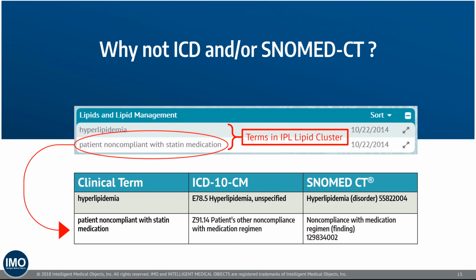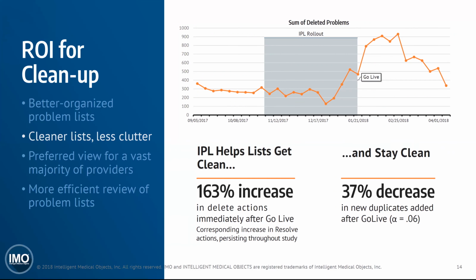So the first thing we did was we categorized the problems, and we've shown that to you. And what did we see? Before we introduced any tools to help people clean up the problem list, we really just introduced the categories. We saw a natural decrease of 163% in duplicates on the problem list. Duplicates that were set to either resolved or deleted because they were duplicates. That was, once again, no official email campaign, no instructions on what to do. But we found that the physicians who saw their category and saw redundancy in their category took a few minutes to clean up their section of the list.